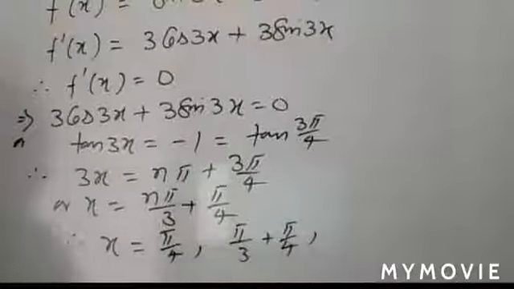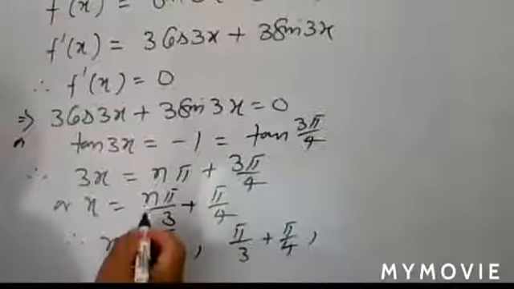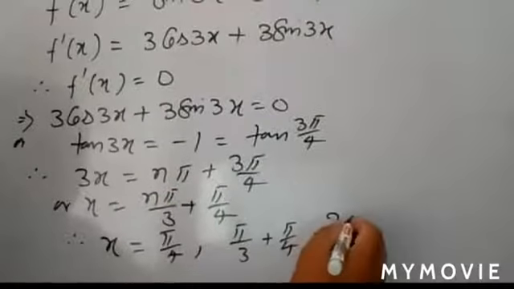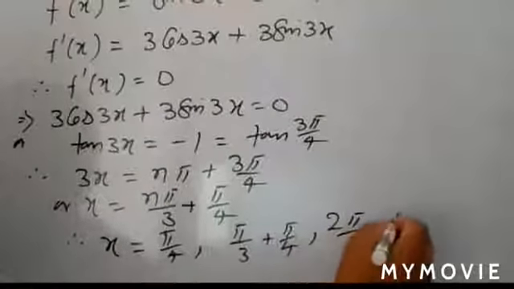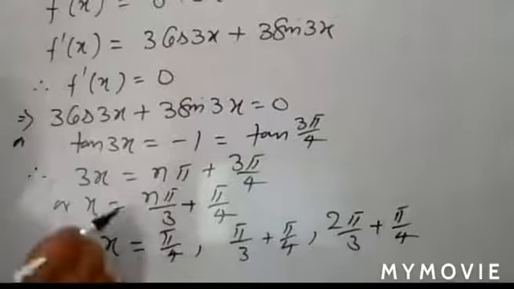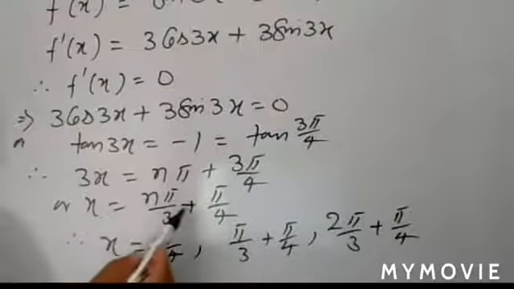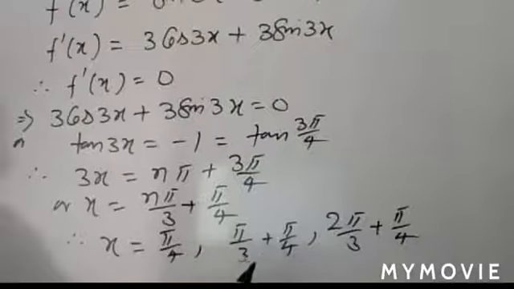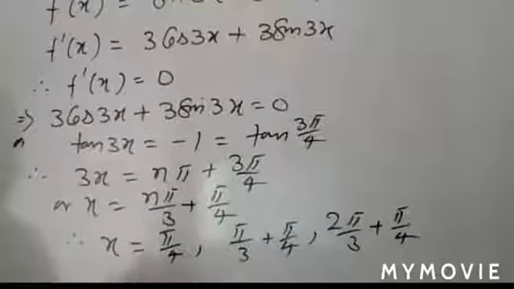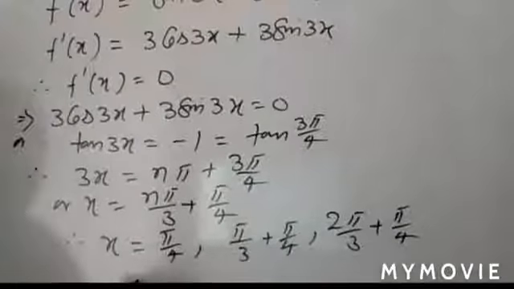You solve it later on. Understand? Now if you put n equal to 2, you have 2 pi by 3 plus pi by 4. But if you put n equal to 3, the 3 cancels out, and you have pi plus some angle, pi by 4, that crosses your limit. So leave it. You only have to simplify.